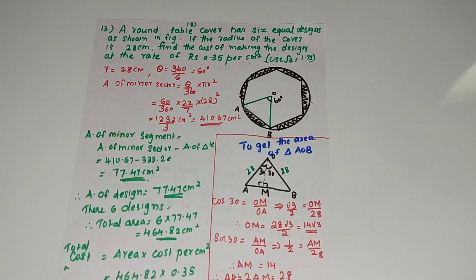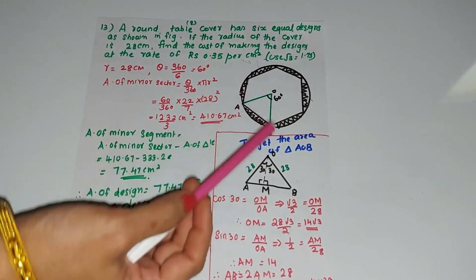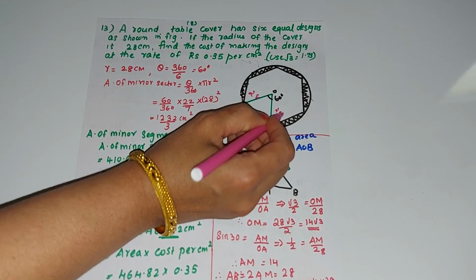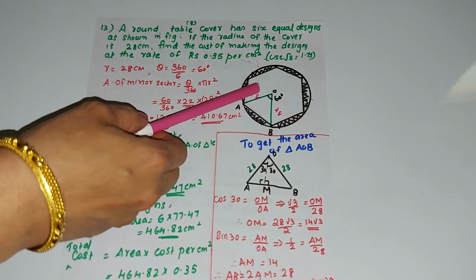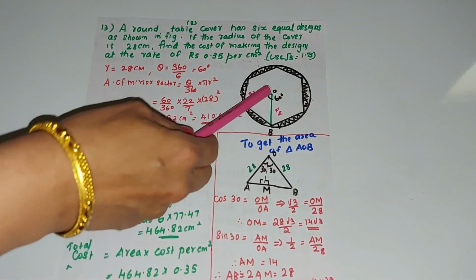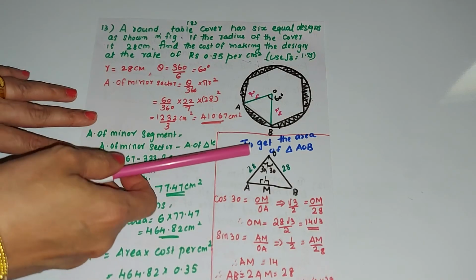Here, this is angle 60 degree and this is 28 and this is 28. So we know that this is an equilateral triangle. Then you can use the formula root 3 by 4 a square, or you can follow the previous method. That means to draw